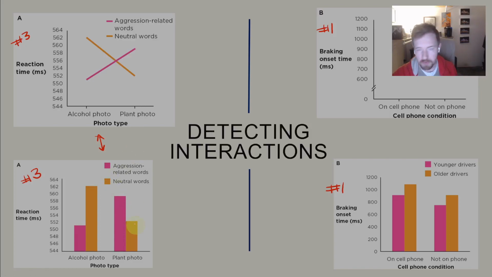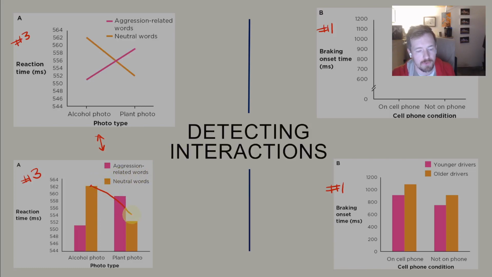So if you get a bar graph like this, it can be a little bit tricky to determine whether or not you have a main effect or whether or not you have an interaction. Here is one really easy way to do that with bar graphs. It's easier than you think. I want you to take this bar graph, I want you to take a pen, and I want you to make a line. So for neutral words, I'm going to be going from the